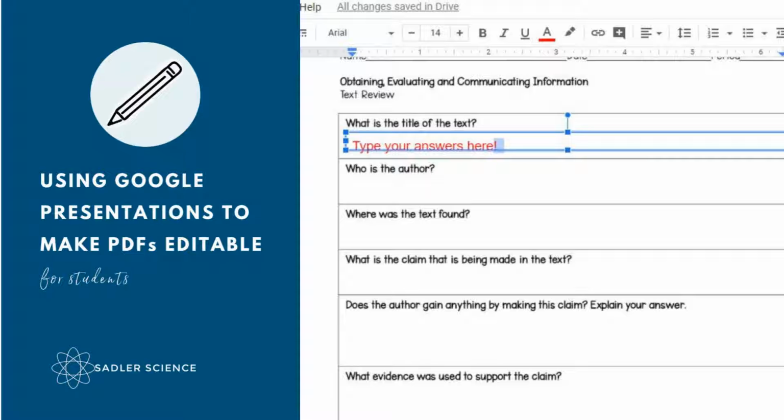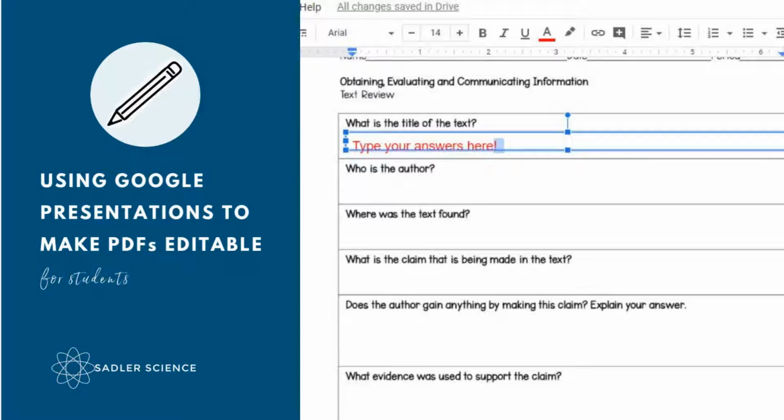Most of us are in the process of shifting to some type of remote learning, and many of the resources that we used in our classrooms don't easily translate to the digital world. One type of resource we use in our classroom is PDFs. Though we may have the ability to edit a PDF, our students likely don't have those resources. So today, I'm going to show you a few quick and easy ways to convert PDFs to digital resources using